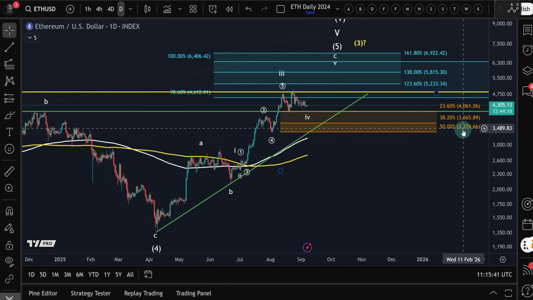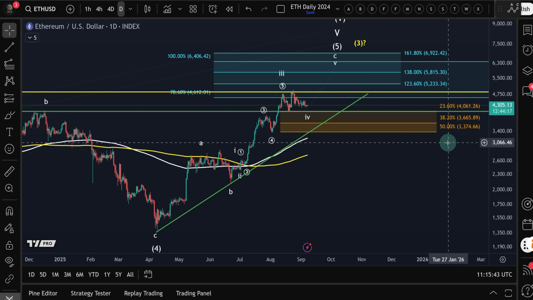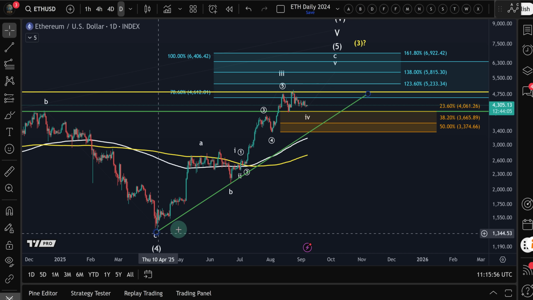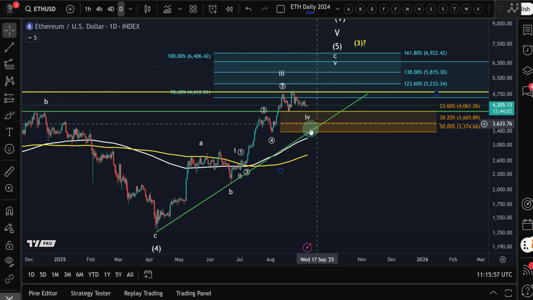I mean, we've got here this area around $3,374 to $4,060. This is a Fibonacci support corridor, which is still holding; it's been holding for the last few weeks. We might enter that corridor, okay, and then I'm watching this ascending trend line here in green, and there are